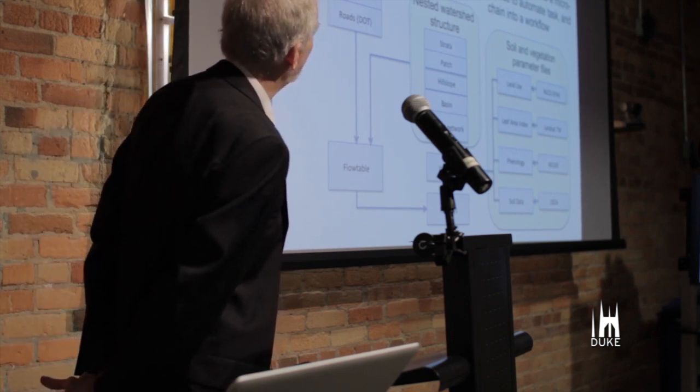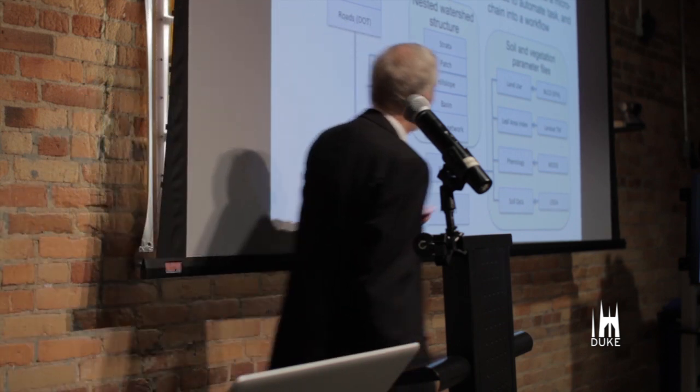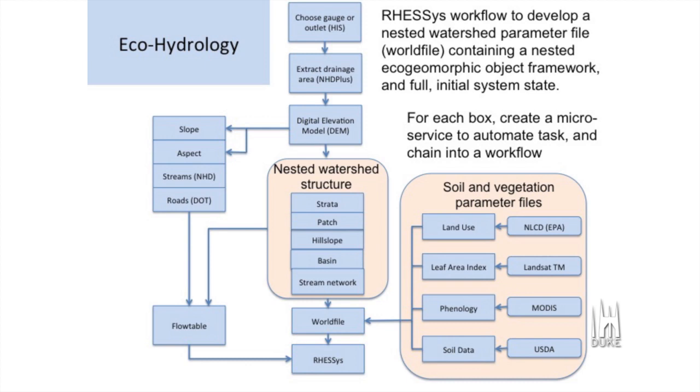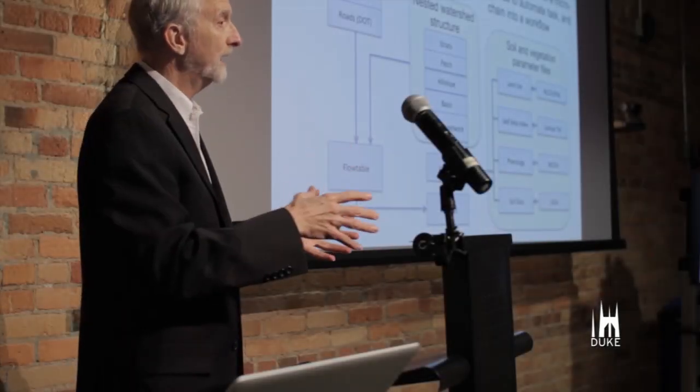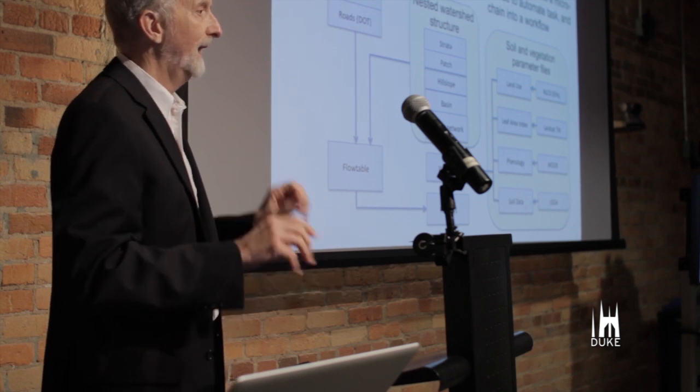We're working with the Institute for the Environment at UNC, and they do hydrology analyses. And their challenge is that the data comes from the EPA, from NASA, from the U.S. Department of Agriculture, from the U.S. Department of Transportation, from USGS, from NOAA climate records, from Kawasi precipitation records. So you've got all of this data in different agencies, and I need to grab the appropriate subset for the particular area I'm going to analyze, transform it into the required structures for my computation to work, and then automate